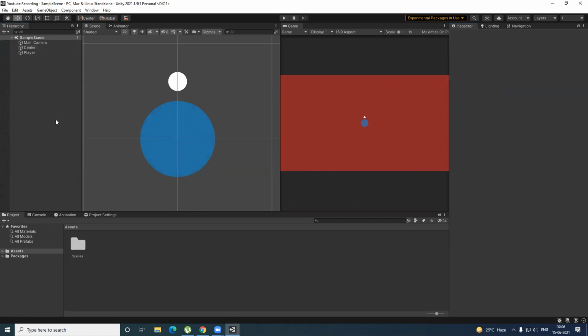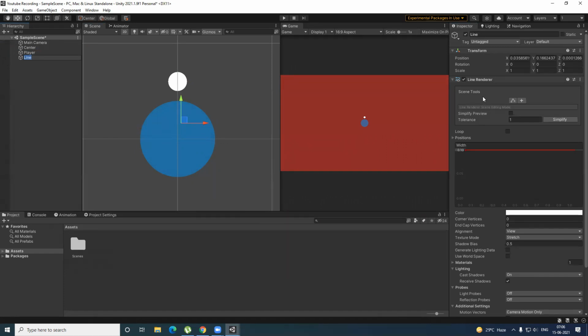The next step is right click, effect, and click on line. As you can see, line has a component for itself, which is a line renderer. So what is a line renderer? A line renderer is nothing but a line render, as the word specifies. But what exactly is it? If I make 2 points, let's say this is point A and this is point B, it creates a line between these 2 points. For this line, I can declare its thickness and color. Even if I add some more points, I can declare its shape.